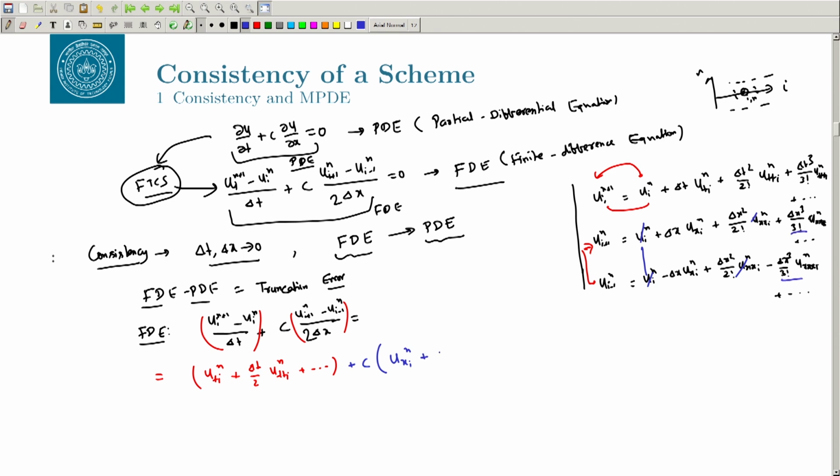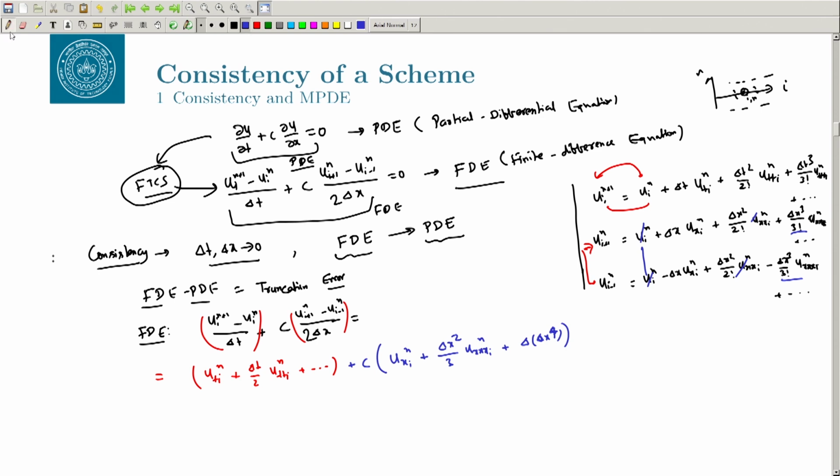This will be 2 divided by factorial 3, that will be 1 by 3, so plus delta x cubed by 3 u_xxx at i, n, plus order delta x to the power 4. That will be delta x squared, because you are already dividing by delta x, and this entire thing will be equal to